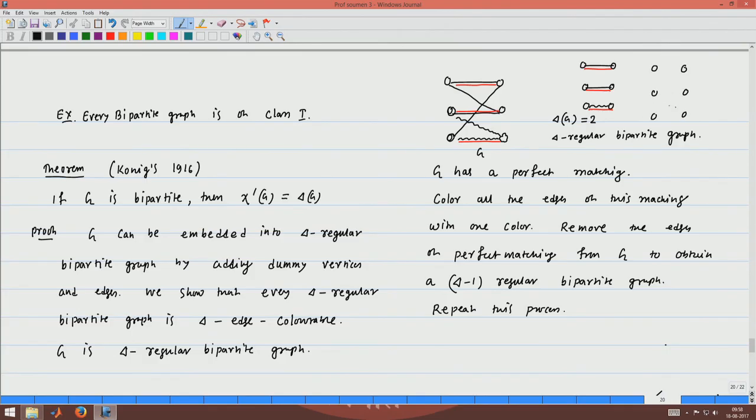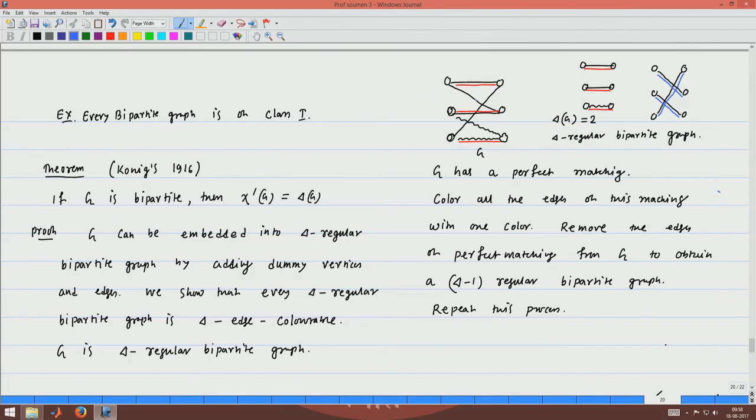Once you remove these edges, you will be left with this graph, which is 1-regular. So, this itself is a perfect matching. So, you color all the edges of this graph with one color.